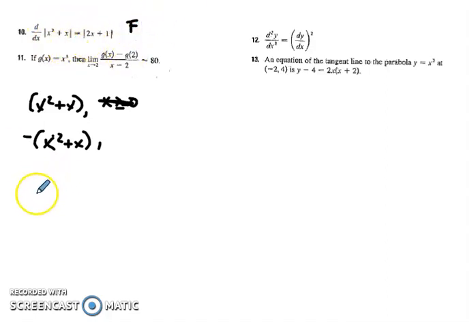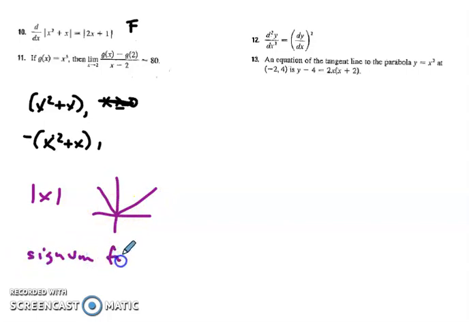Another way to think about it is the absolute value of x, which graphs as this v, the derivative of the absolute value of x is actually the signum function. So you know that the absolute value of x does not differentiate to 1 because that only applies over on the right-hand side. Okay, number 11, if g of x equals x to the fifth, then if I use here